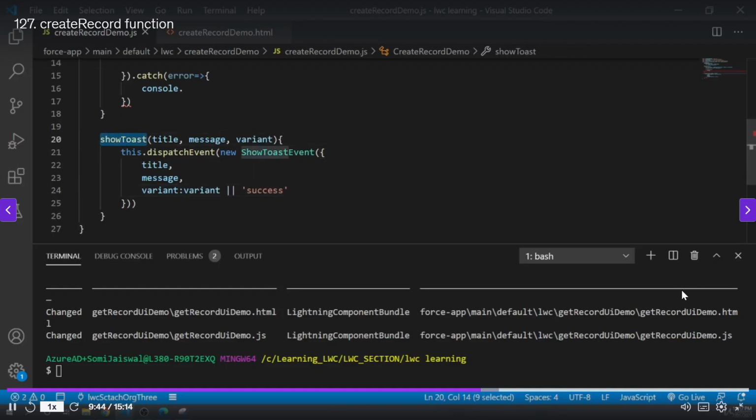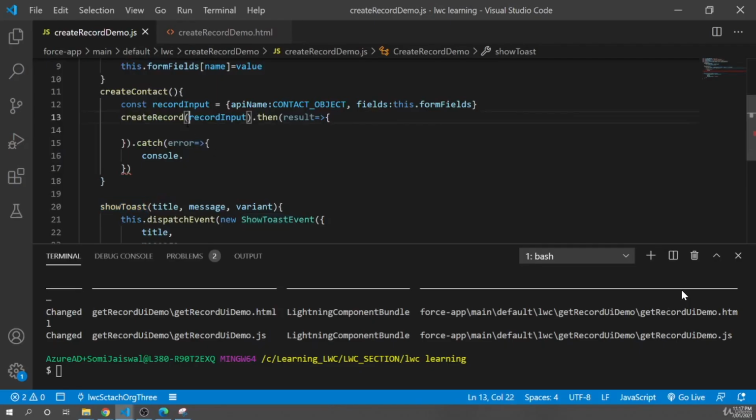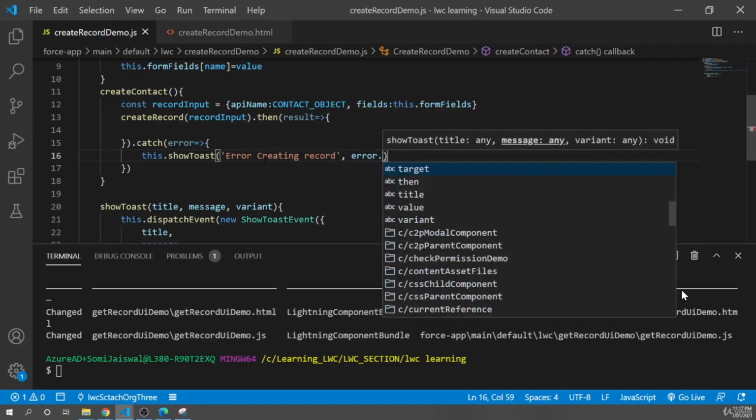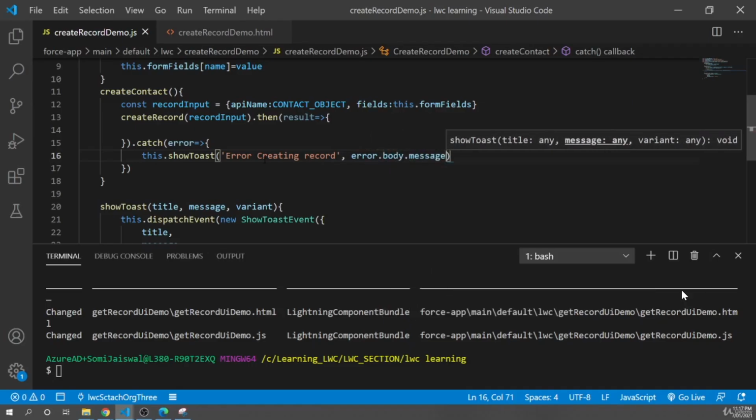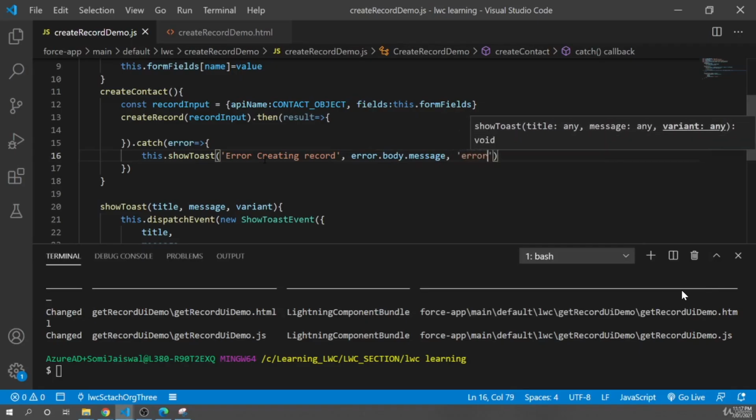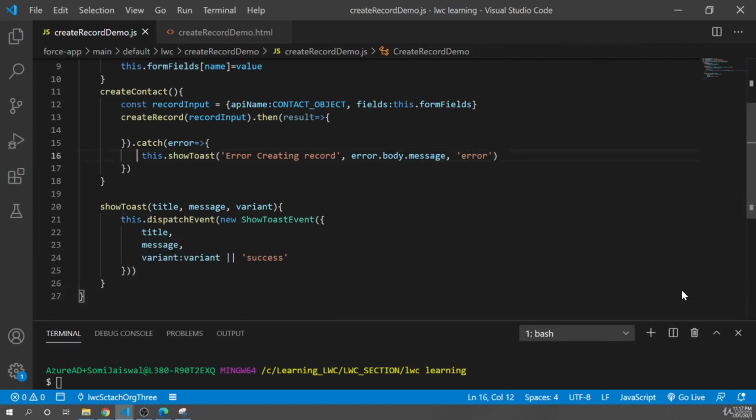So now we're going to call this toast when the error occurs. We'll say this.showToast, with the title as Error creating record, the message as whatever the error returns inside body.message, and the variant as error, so it will show the red color bar. And here we'll pass the same toast on success. We'll say Success,